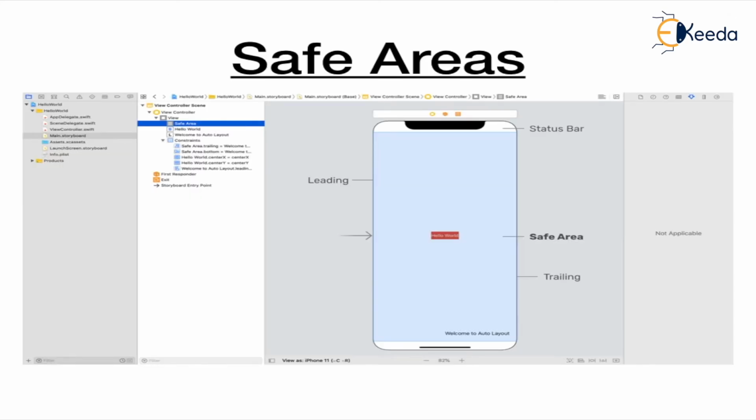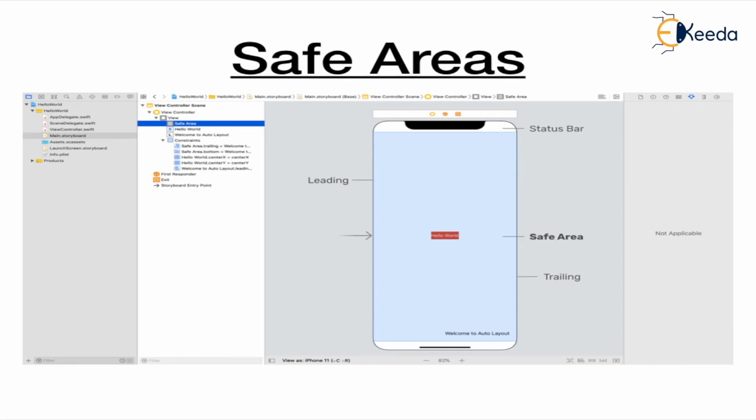Now you can see specific iPhone devices, for example iPhone X, then iPhone XR, iPhone XS, and iPhone 11. You can see your top and bottom space. The top space bar is the status bar. This status bar is reserved for functionality like your battery symbol, your tower symbol, and your notifications. So it's called the status bar.